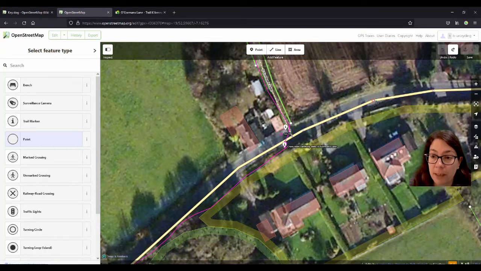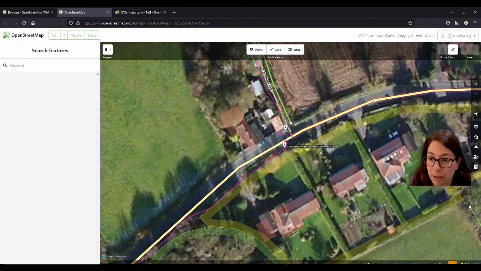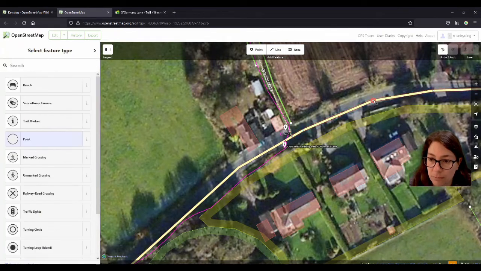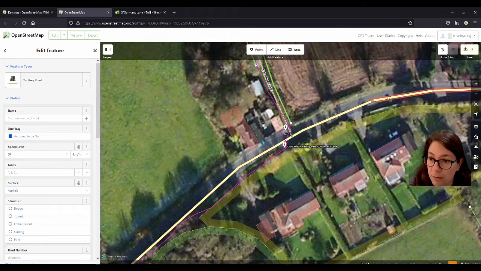And you do that by highlighting one of the nodes where you want to split the line and right click on your mouse and click on the little scissors. Alternatively, you just highlight the node and hit your X key because it looks a bit like scissors on your keyboard, and then you have two separate lines, which I don't want, so I'm just going to undo that.